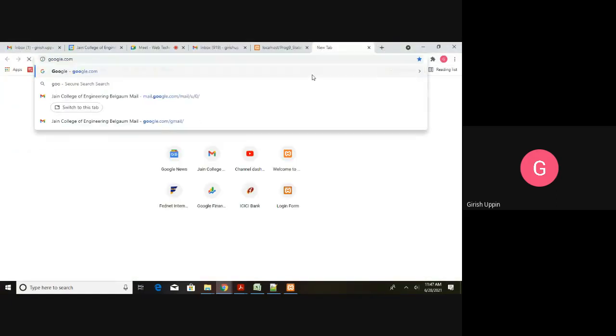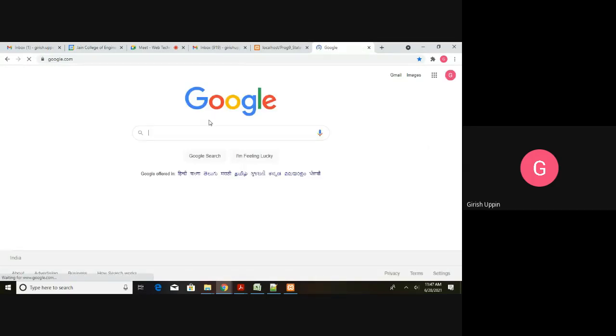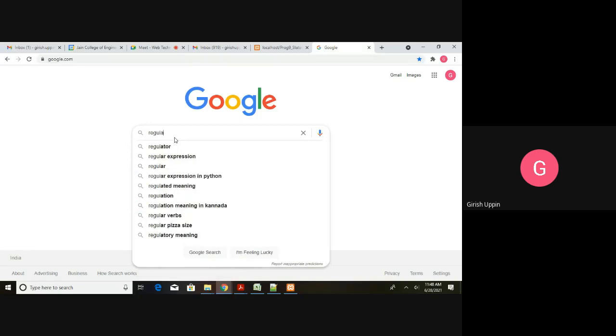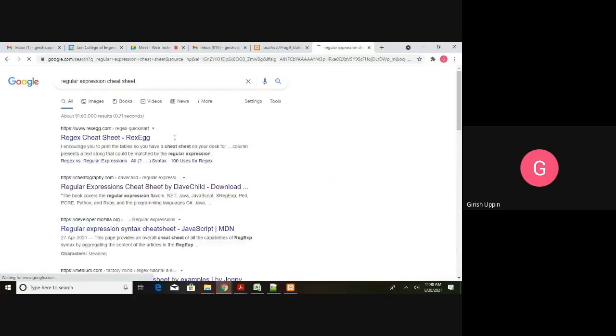Just Google it. I would say regular expression cheat sheet. If you are already aware of that, a cheat sheet should be sufficient. You can use any site.